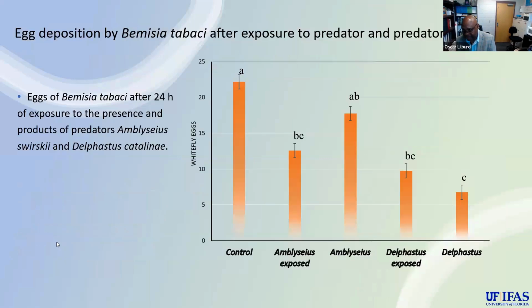So what we found, just look at the results here. On the x-axis, it says Amblyseius swirskii exposed. Exposed meaning that it had the wrapping. Amblyseius swirskii without the wrapping is just Amblyseius. Then we have Delphastus catilina with the wrapping, which means Delphastus exposed. And we have Delphastus by itself. And on the y-axis, we have whitefly eggs, the number of eggs produced